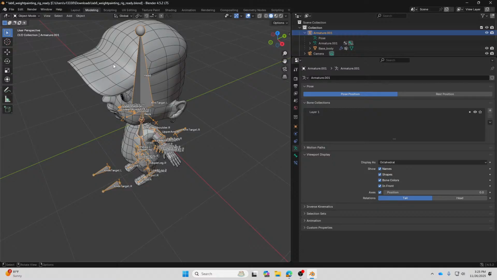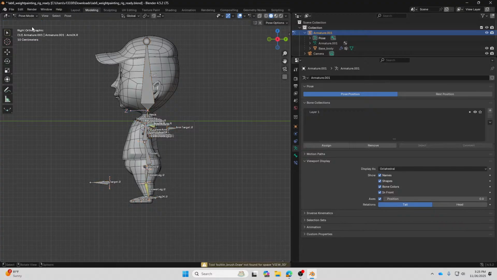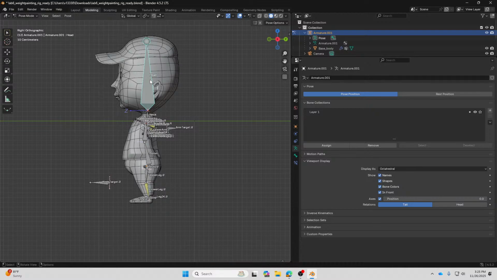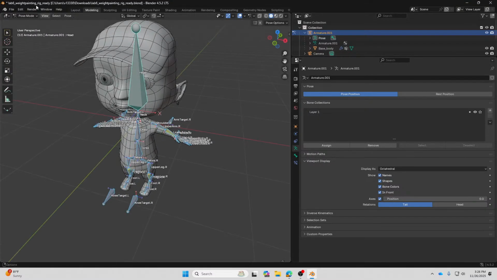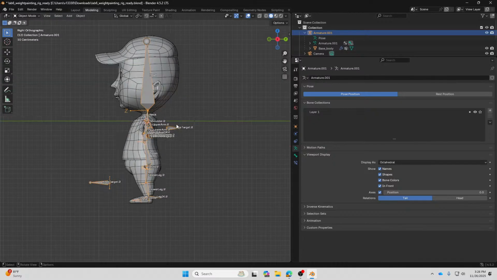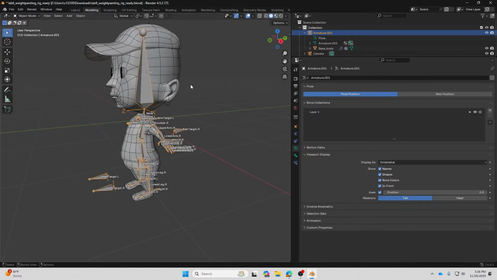So that should be a little bit about the manual weight paint process. Over here I'm going to clear transform on this character. Pose, clear transform. Alright, and then I explain a little bit about the way that you can inspect.